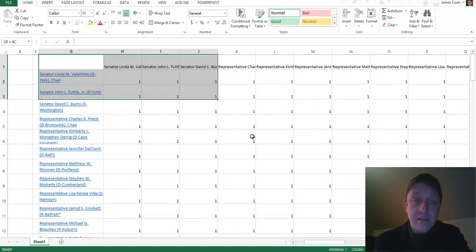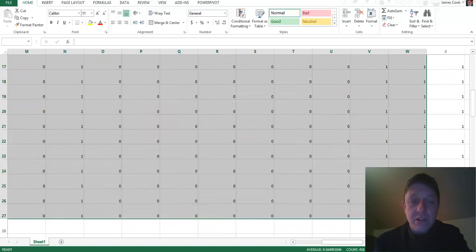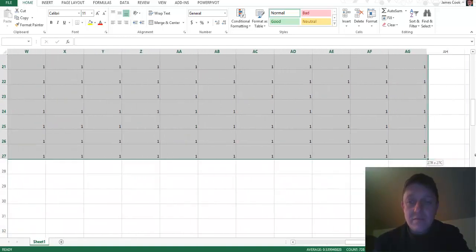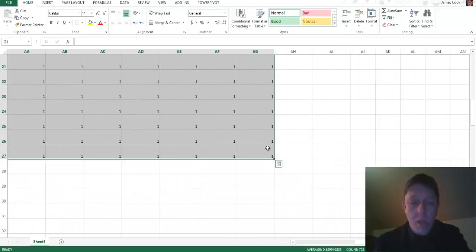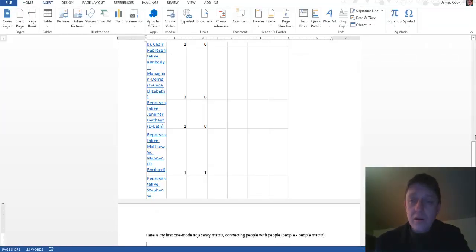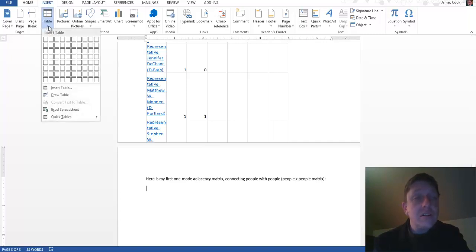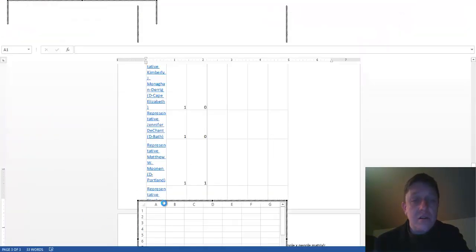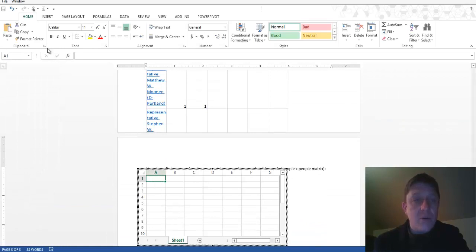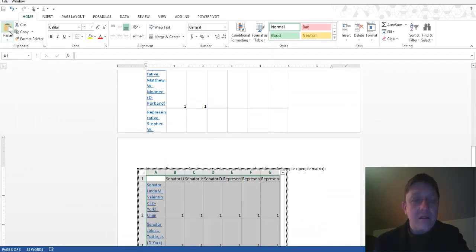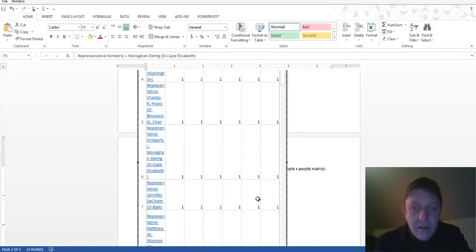Now, if I just take that and I copy all the rows and columns, hit Control-C after I've selected them all, head back over to Microsoft Word. I already have the space where I say, here's my first one-mode adjacency matrix connecting people with people. I will insert the table as an Excel spreadsheet, and I'm going to paste that in. There it is. And if I click off,